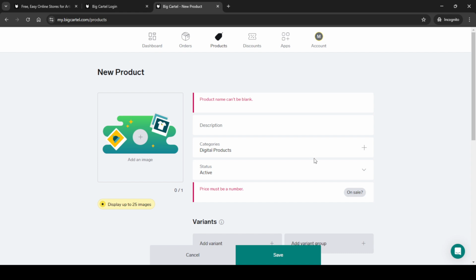Once you've configured everything and double checked your entries, hit the Save button. This action will save your product details and list your digital item in your Big Cartel store. And there you have it, you've successfully set up a digital product on Big Cartel. With these steps, you're ready